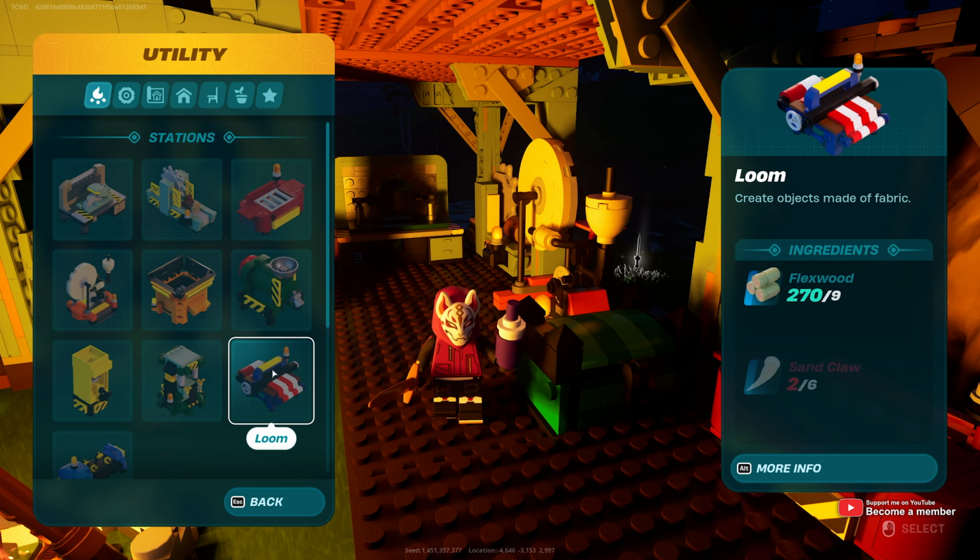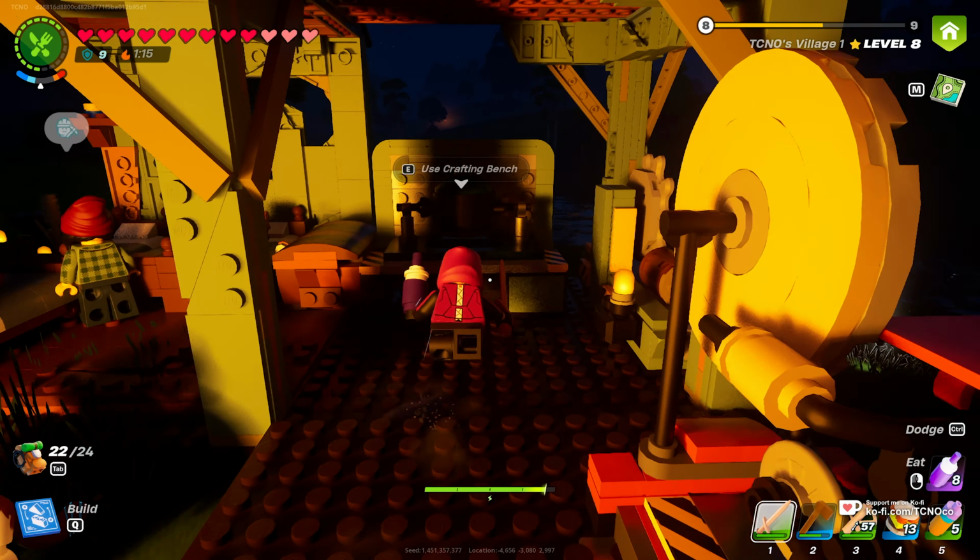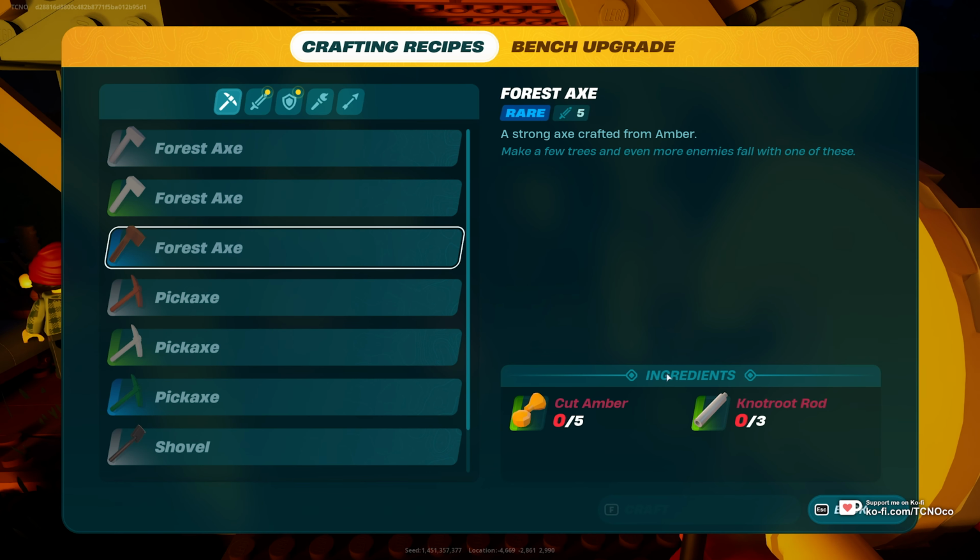For this we'll need flexwood. For that, you'll need to get a rare forest axe, which you create in the level 3 crafting table using cut amber and knotroot rods. You've probably got more than enough experience, but essentially the amber comes from the desert. In my case, it's all the way down here. It takes me multiple minutes to walk back and forth between this, but anyways,